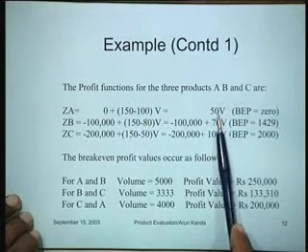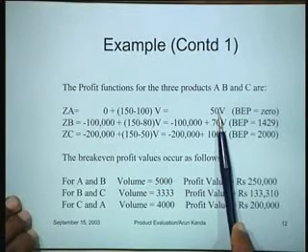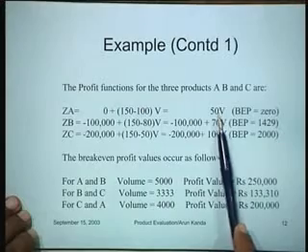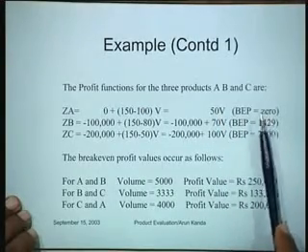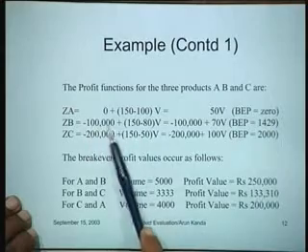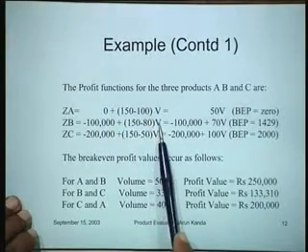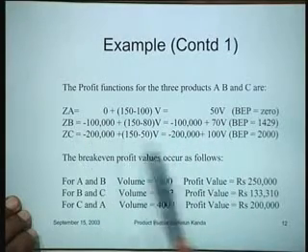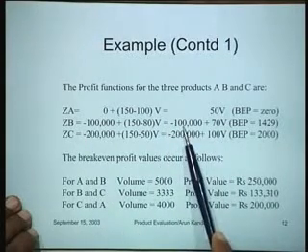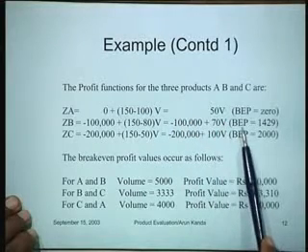That's what it is. So it's a straight line passing through the origin with a slope equal to 50. The profitability is 50 for this particular product, and obviously the break-even point for this product is 0. Similarly, for the second product, minus 100,000 plus (150 minus 80) into V. So we develop the profit function for the second product, which is minus 100,000 plus 70V, and this has a